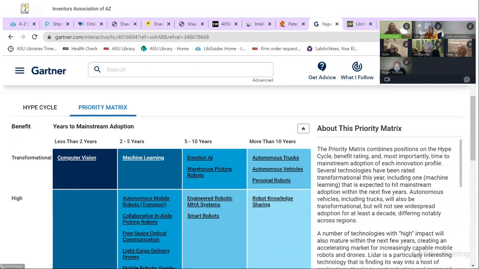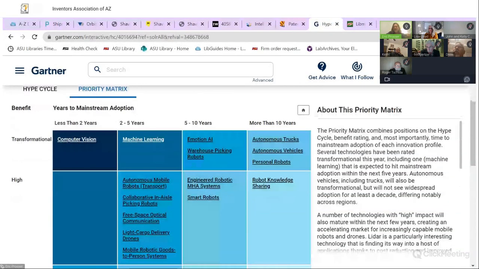It's really going to disrupt what's going to happen on our interstates as well, because conceivably you could have these trucks rolling out there at 2 or 3 in the morning, when it'd be horrible for a person to be driving because our bodies are just not necessarily attuned to that. But they could get out there when there's no traffic and just deliver goods like there's no tomorrow. So yeah, the priority matrix and this hype cycle are two interesting things that Gartner has available. And again, if you were not at ASU or an academic institution that has this available, you're paying thousands of dollars for this information. Yep.